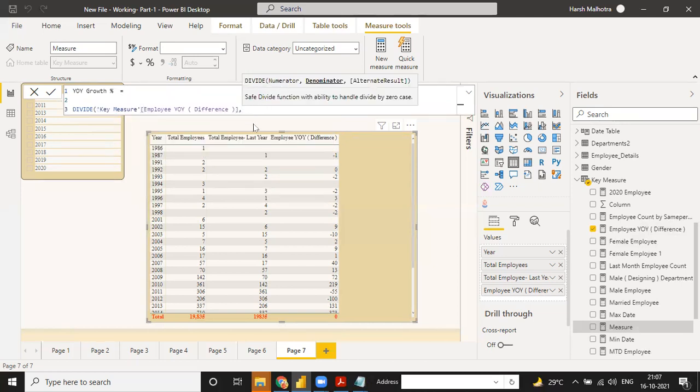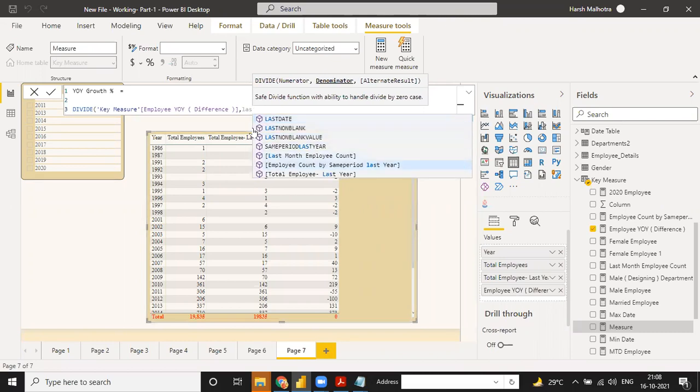In the denominator, tell me what I can put. If you need YOY growth, what do I need to put into the denominator, total employee current year or last year? Last year, I believe. Last year, right?